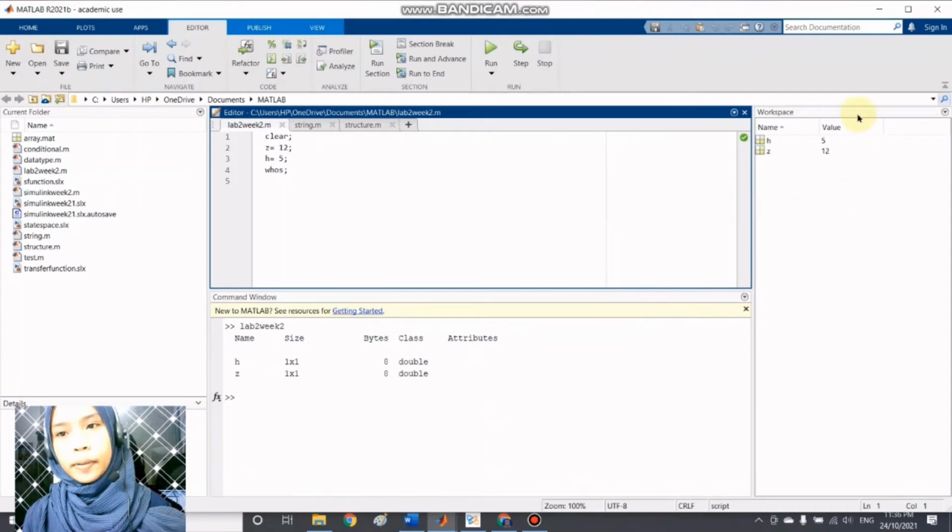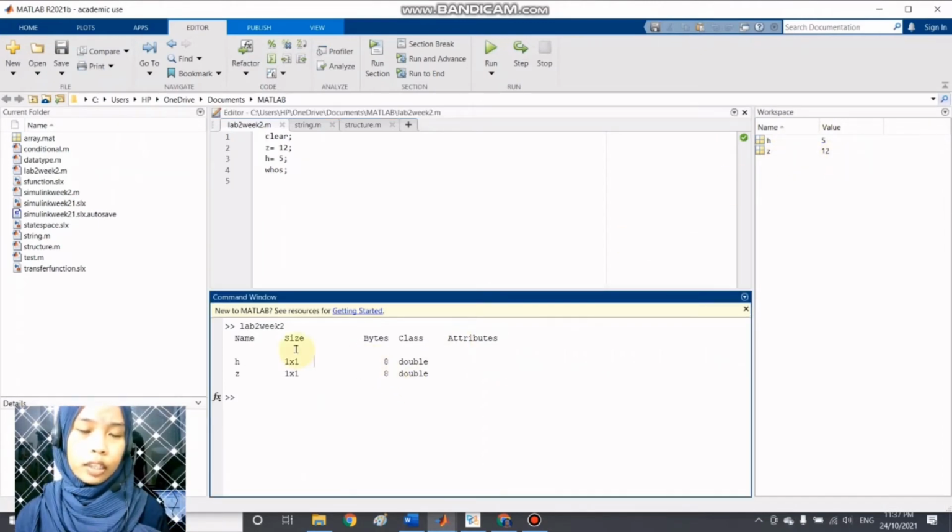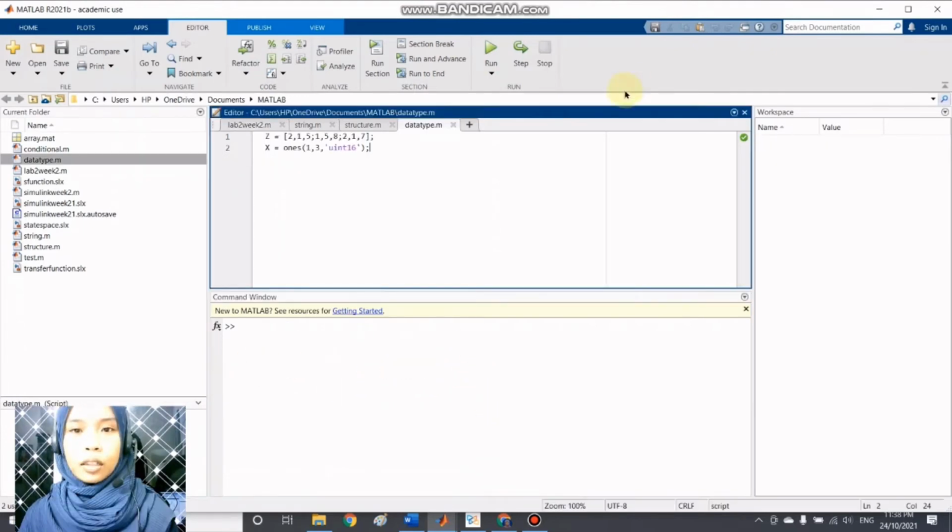So the workspace shows the details here, H value 5, Z equal to 12, and the command window shows the size 1 times 1, and the bytes is 8, class is double. Z is 8 bytes and double. So for data type, first we do the array. So we put the Z here,